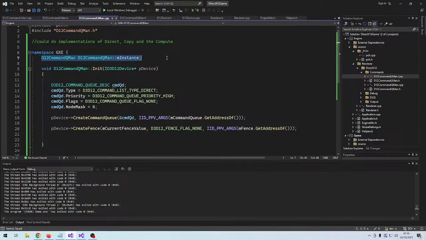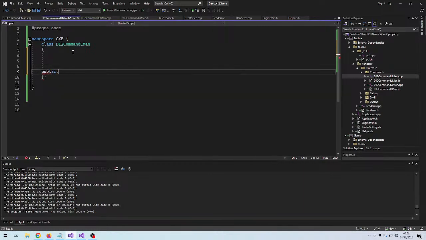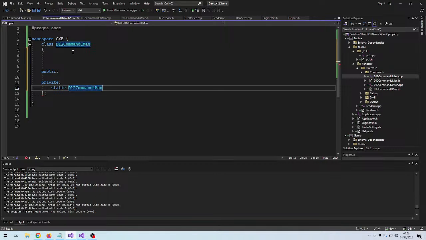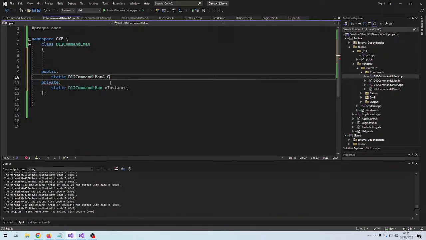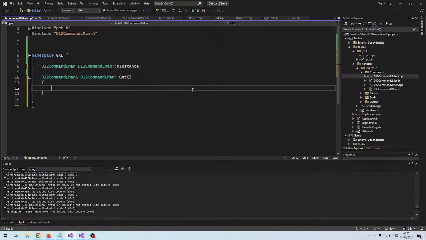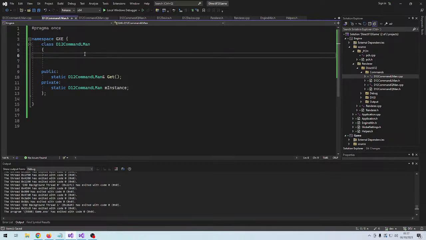Let's copy this somewhat, since we will also only have one manager of our command list manager. Let's see. Public for the static method, private for the variables. Yeah, should be fine. Static get. The reason why I don't do these inline is because we might add logic to change our instance variable or initialize whatever needs to be initialized if it hasn't been initialized. Yeah,